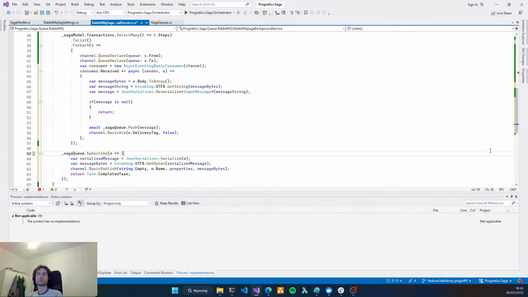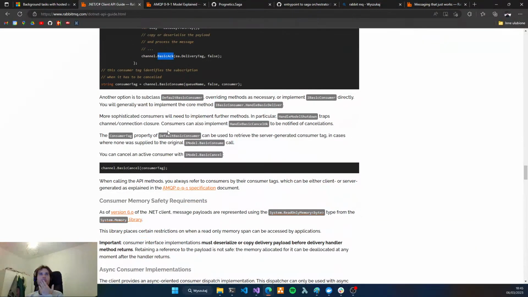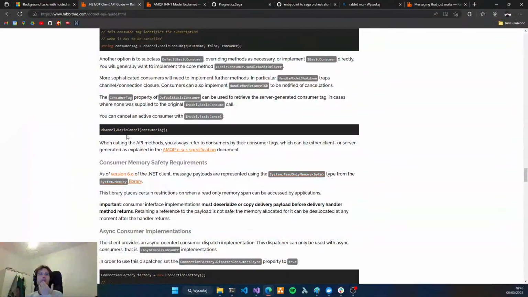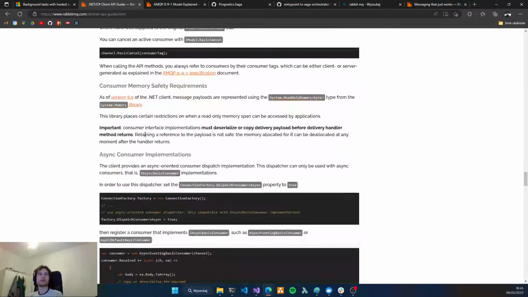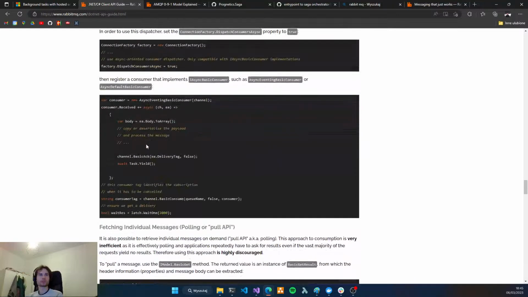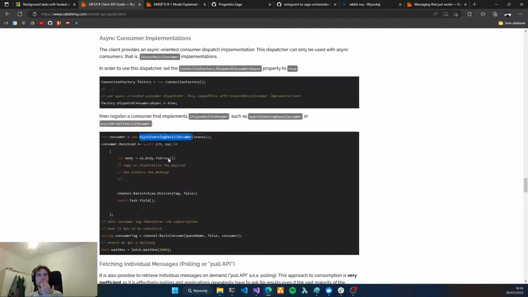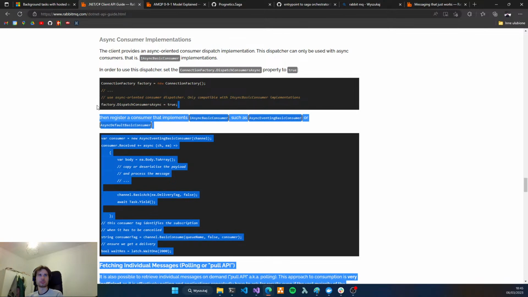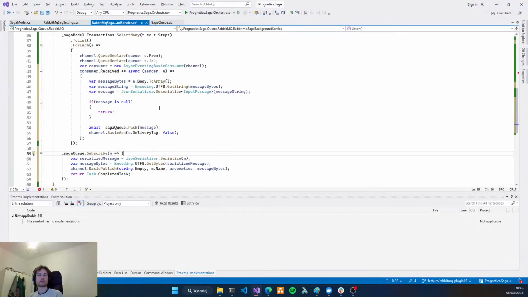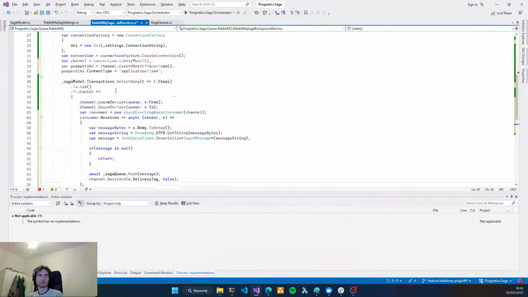So what do we want to do next? Let's go to our documentation. Oh, we have here how to define the async. Okay, so we need to set this flag.